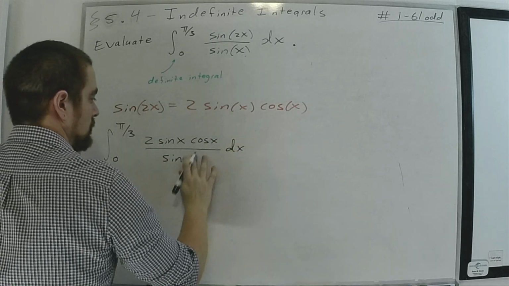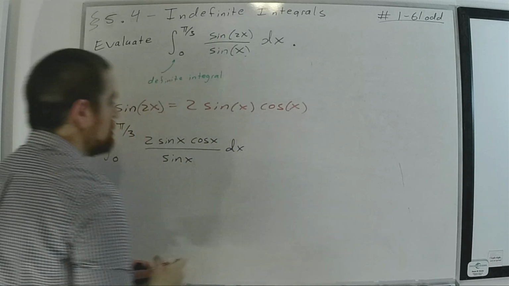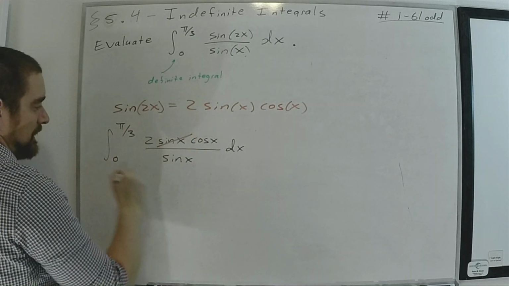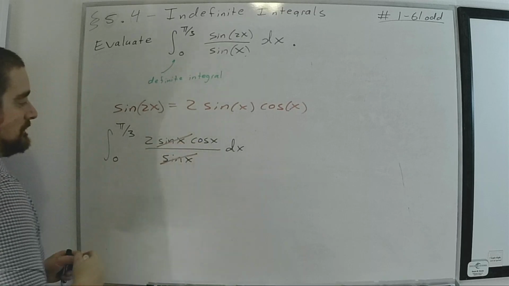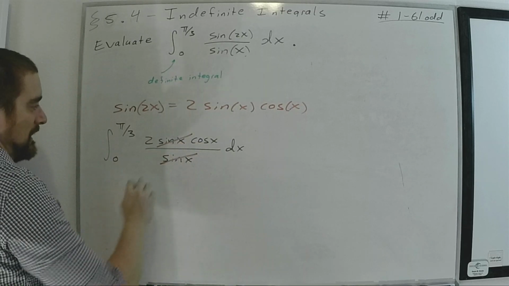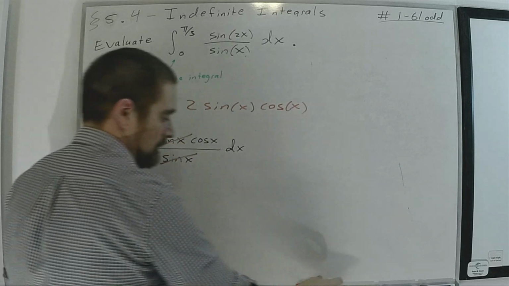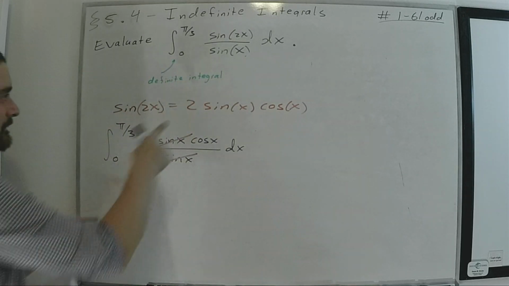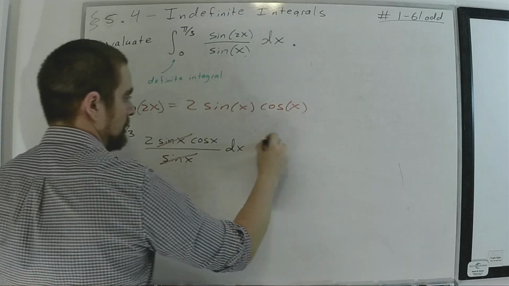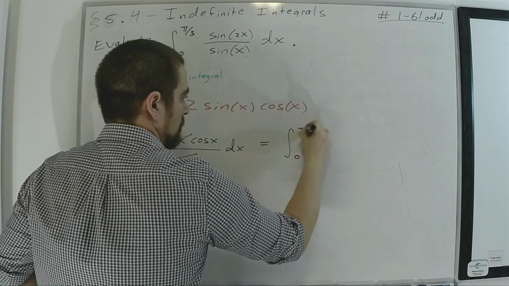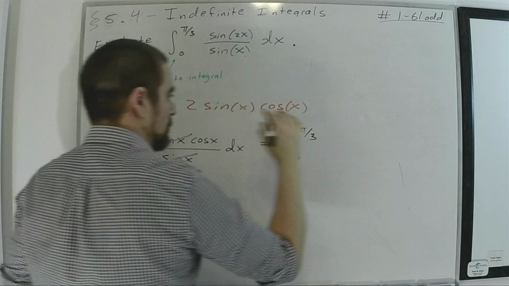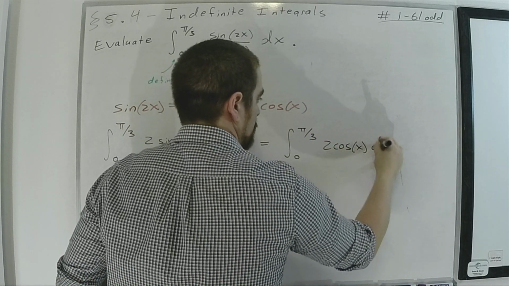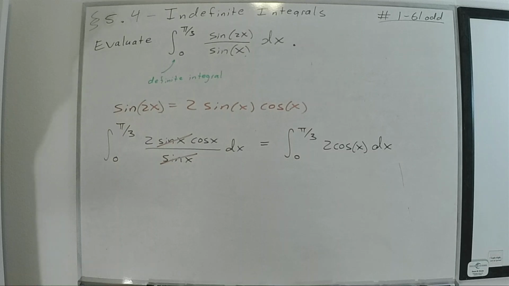And oh my goodness, look how good this is. Proper cancellation. I am multiplying by an entire sine of x, and then I am dividing by an entire sine of x. No matter what x is, those values will always cancel each other out. So that nice little identity cleans up my definite integral. Again, I'm stressing this is a definite integral, but now it's just 2 cosine x,